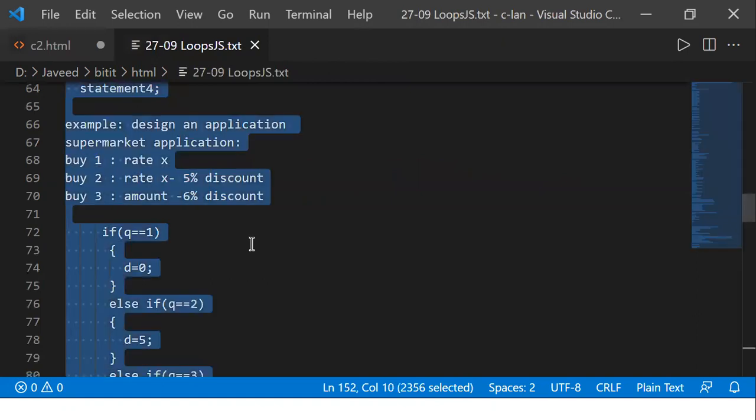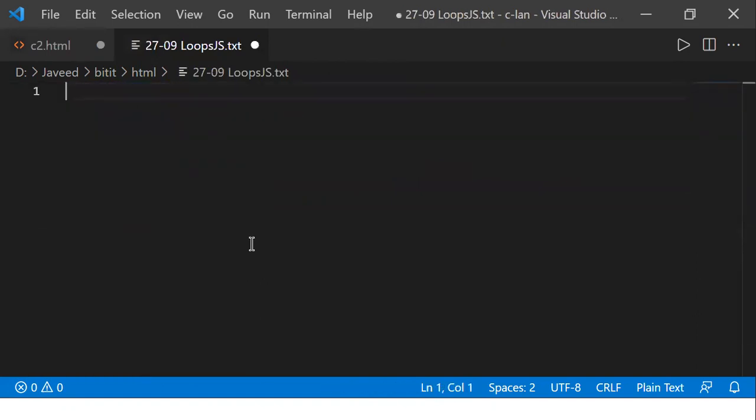Now let's talk about the loops. We said condition checking statements. So what does condition checking mean? We said based upon the condition you give, the statement may be executed or may not be executed. That's what we said in the case of condition checking statements. So we have if, and then we have else. The statement following the if will be executed, or the statement following the else will be executed. Only one among them will be executed based upon the condition.